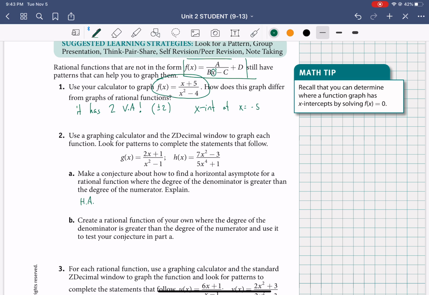Both of these have a horizontal asymptote of y equals 0, but why? It's exactly what the book said. When the degree on the top is less than the degree of the bottom, we will get a horizontal asymptote of y equals 0. That will always happen. So we can even check that,